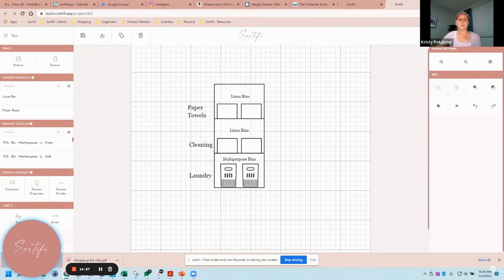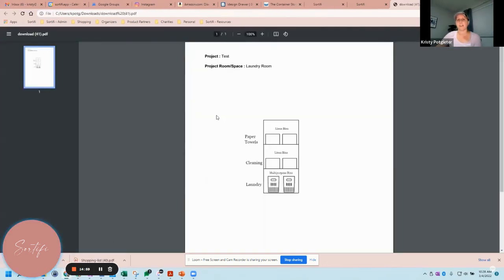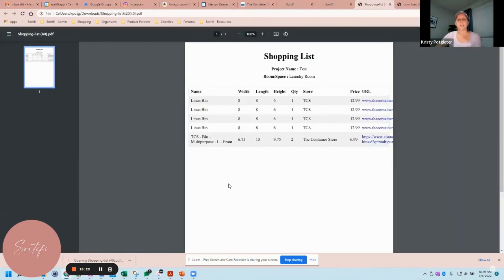So the download will show you, this is what the download looks like for purposes of your clients. If it's a smaller space, like drawers, for instance, which are going to be much smaller to scale, and you want to make it larger, I would just screenshot the actual project and put it into a Word file or a PowerPoint or whatever is going to be easier for you. Let me go back to the shopping list. So this is what the